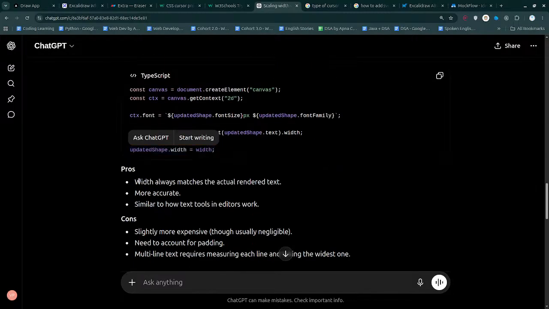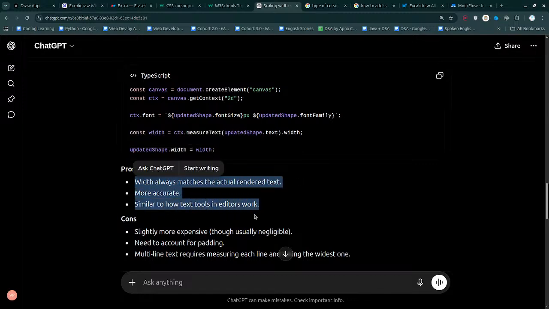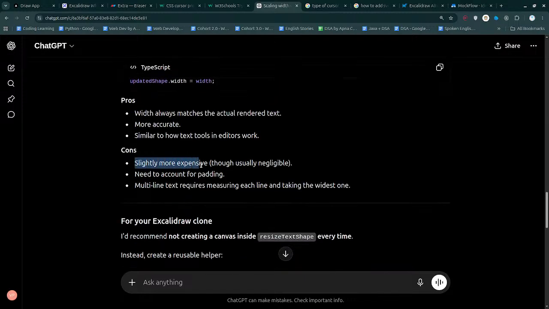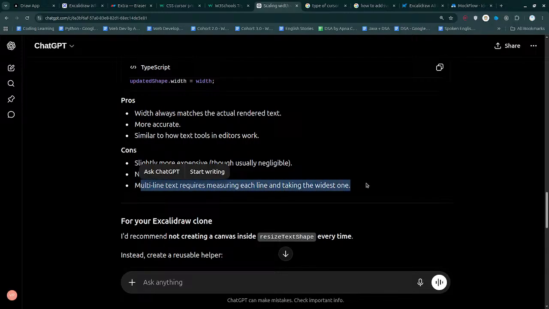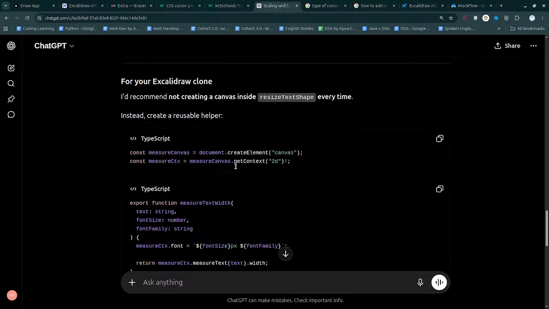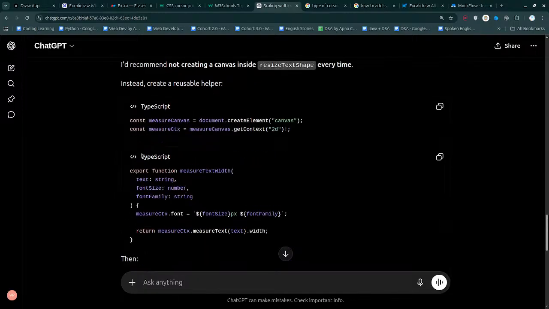The approach: width always matches the actual rendered text, more accurate, similar to how text tools and editors work. Slightly more expensive, though usually negligible. Need to account for padding. Multi-line text requires measuring each line and taking the widest one. That is right. For your Excalidraw clone,